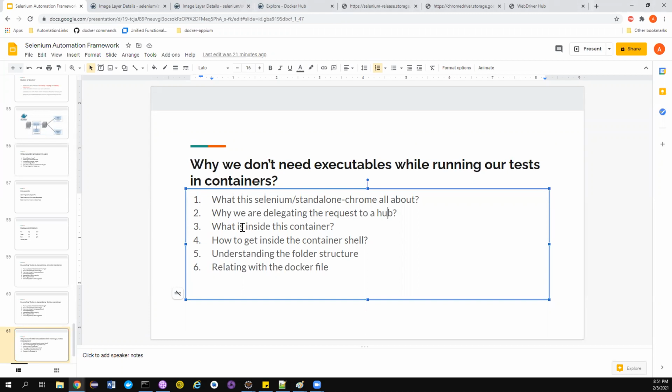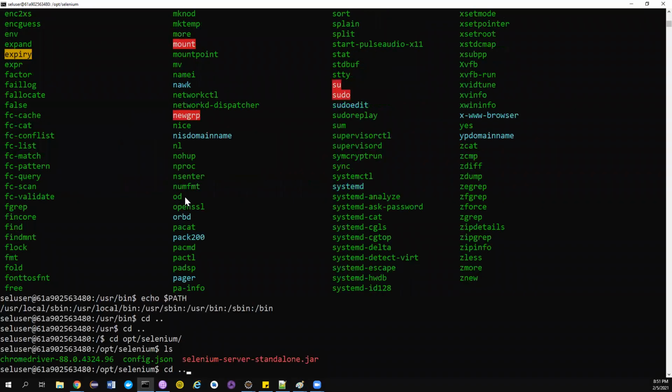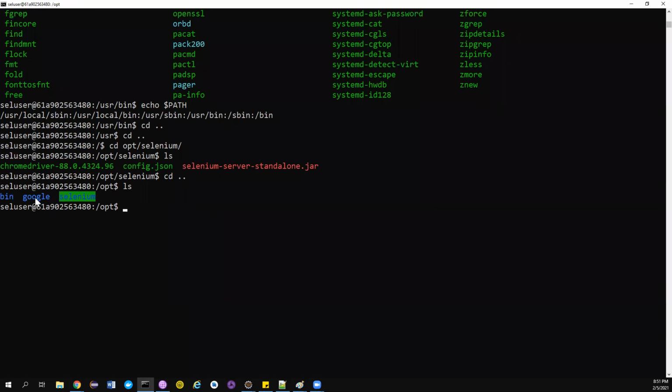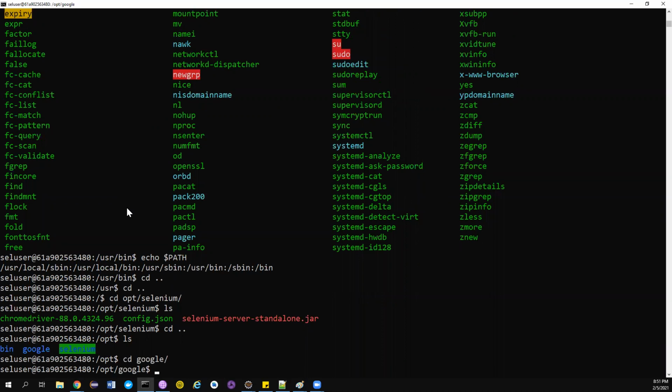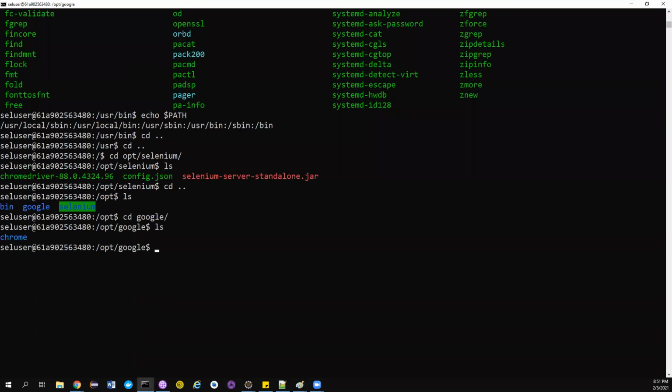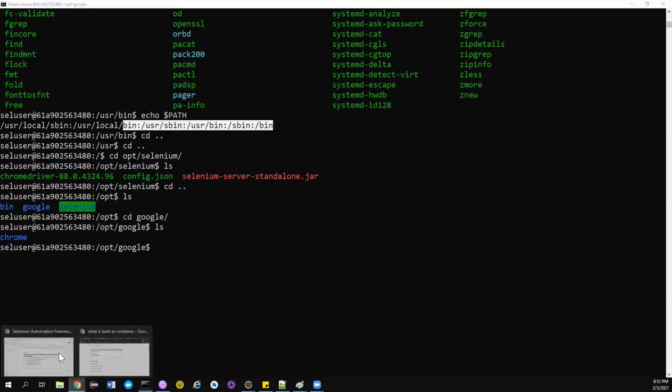Now, what is inside the container? The container has all the necessary things needed to run the Chrome instance. If you want to look at where Chrome is located, I think it will be inside a folder called Google here. I think they are maintaining the Chrome here. I'm not sure about it, but they should have something here. If you list the files here, they have the Chrome. Consider this like your chrome.exe. So they have their Chrome here, they have their Chrome driver here, they are setting the path, and everything is working fine, right? So good.